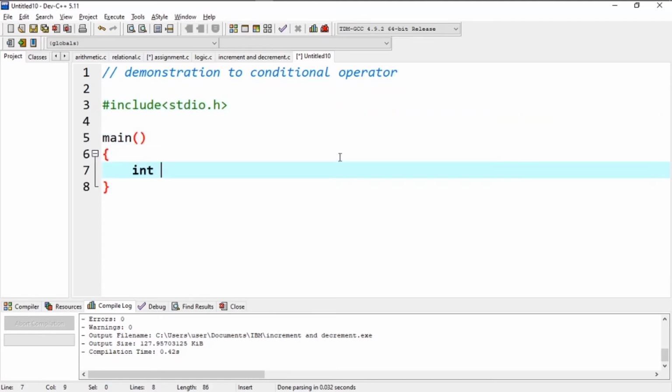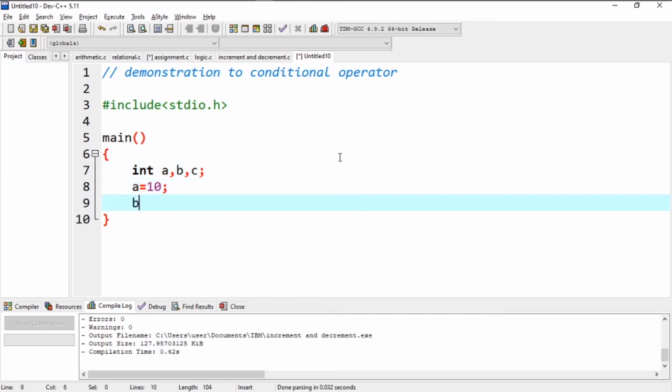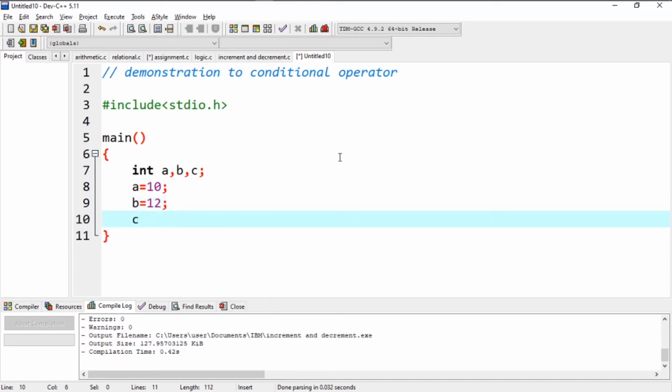At first let's declare three variables, a, b and c, and let's give a semicolon. Let's first initialize the value of a to 10 and b to 12, and let's write over here c = a > b ? a : b;